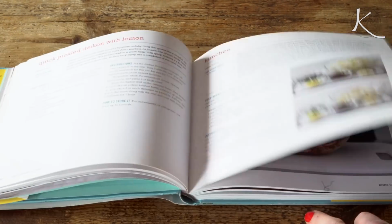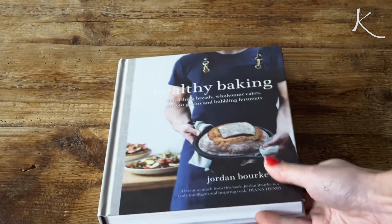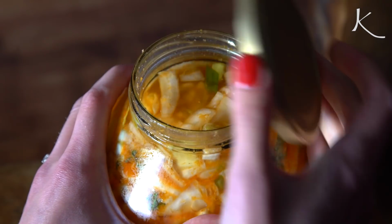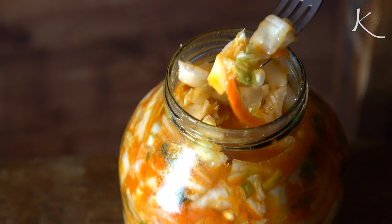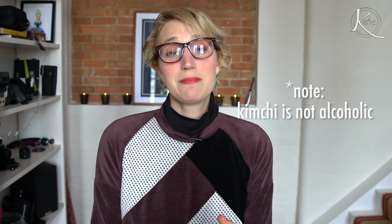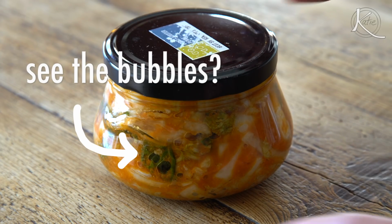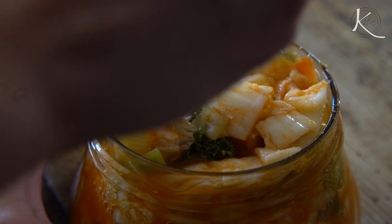I looked at what other cooks say to do, and it varies from putting it in the fridge immediately to waiting 2 to 3 days to kickstart the fermentation, which is the digestion of sugars into acids, gases, or alcohol. Fermentation is what gives kimchi its effervescence, its tang, its funk. The carbon dioxide gas causes the kimchi to kind of bubble and fizz, and you'll actually see the bubbles forming